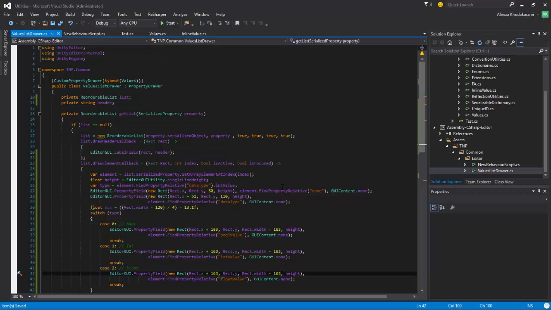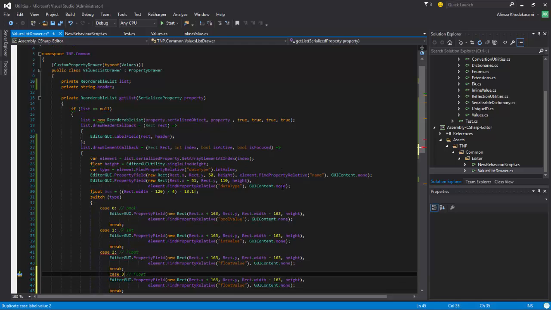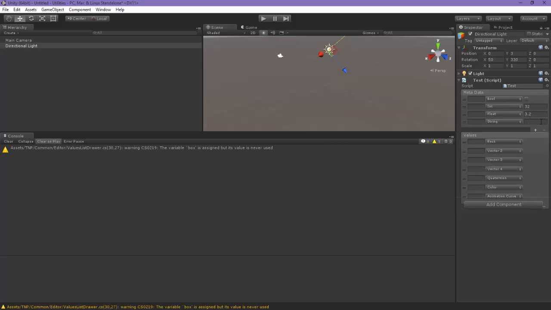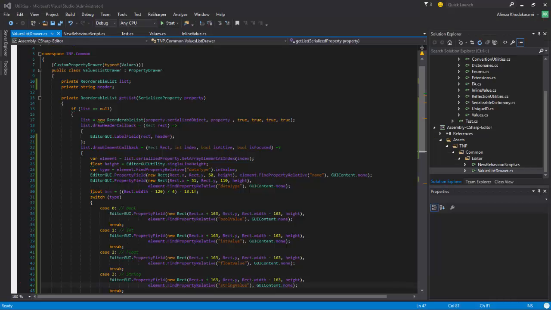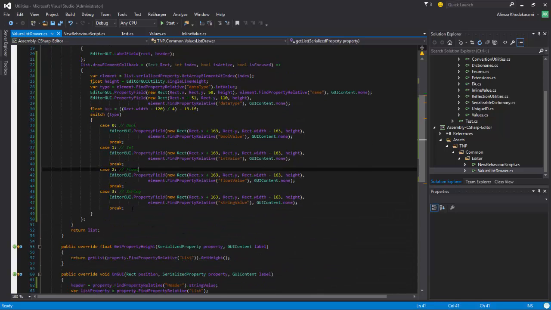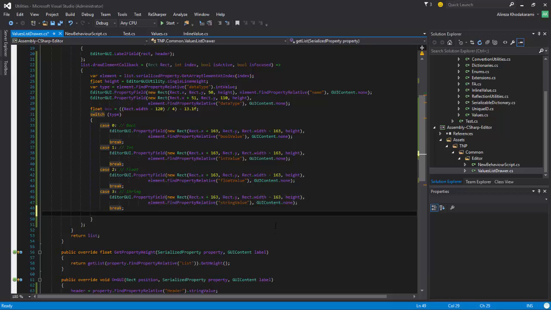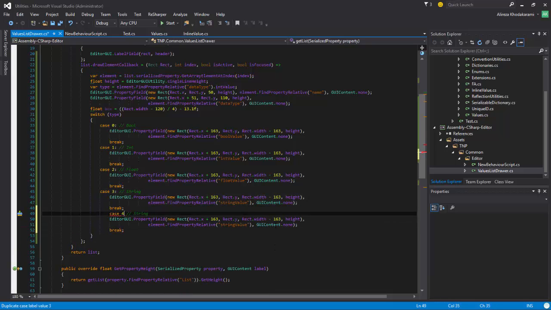So next we have our string. So case 3 is our string, and we want the string value. Okay, so we have our string basically. After that, we go for the hard ones. So case 4 is rect,